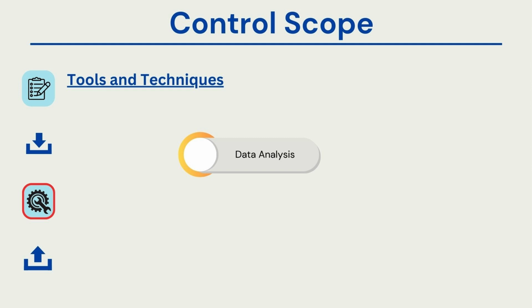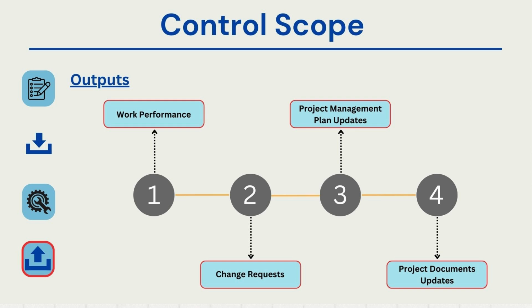Based on that, what I will get as part of the control scope is the work performance information. Work performance is where I will come to know about the progress we are making on the project. Is it in line with what I have planned, or am I behind the schedule or ahead of the schedule? Or how am I doing? Since we are talking about scope, how am I doing with respect to the scope change requests? If there is any new change that the customer would like to introduce, that will definitely be an output, which will go to the process where the change is going to be processed.